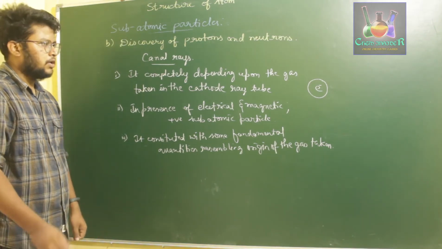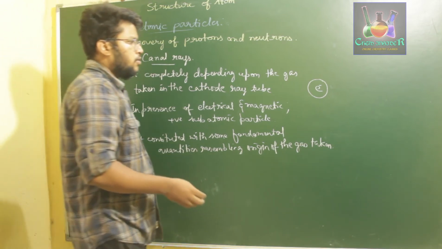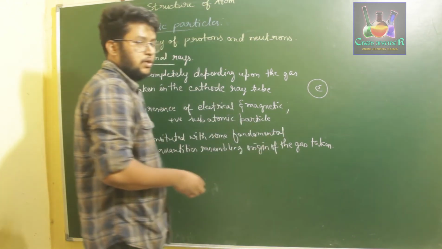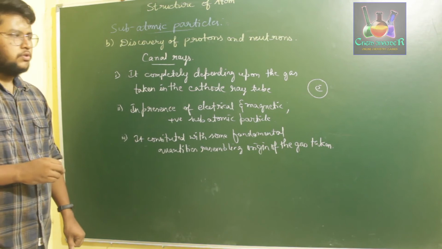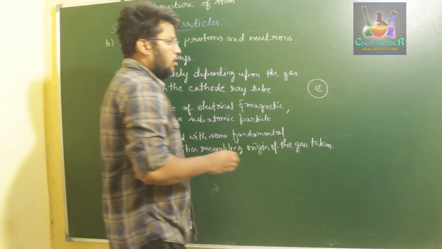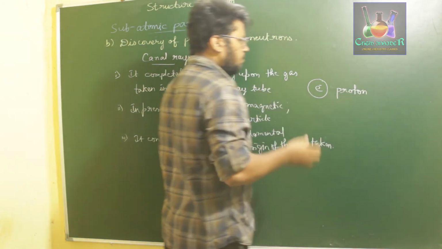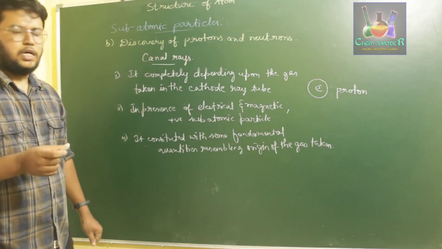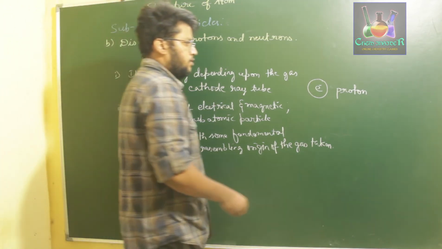So we can come to a conclusion that there are some subatomic particles which are quite opposite to electrons with respect to their charge value. Therefore, we came across a term called proton, which is found to be the smallest positive charge species. We call it a proton, which is also known as the hydrogen atom.